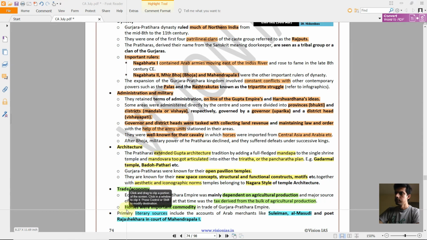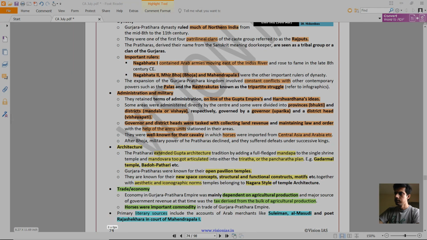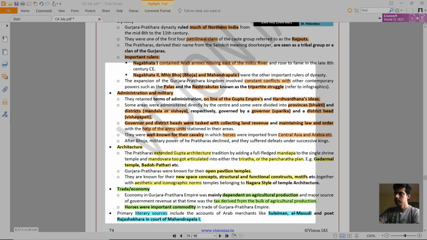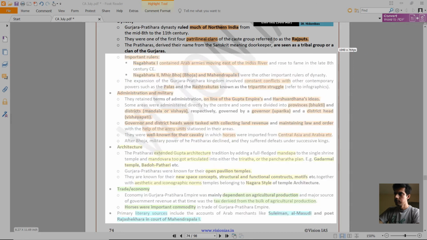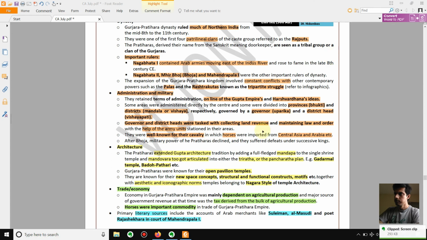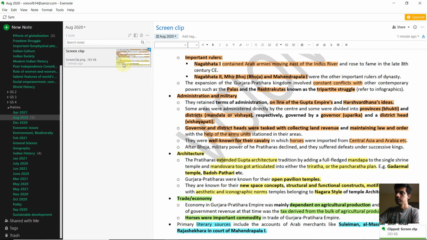So I'll select from the bottom, and then with the mouse I will stretch it. With the left click of the mouse, I will be stretching to the part to which I need the screenshot, and then you leave the left click button and you will get this screenshot in the Evernote in the August 2020 month. It is very simple.